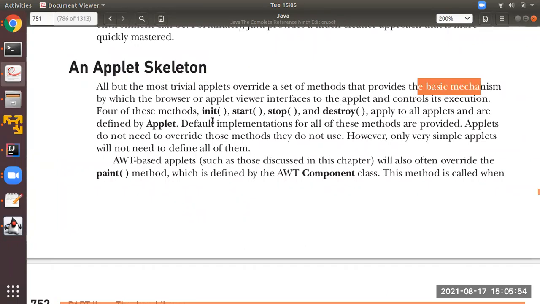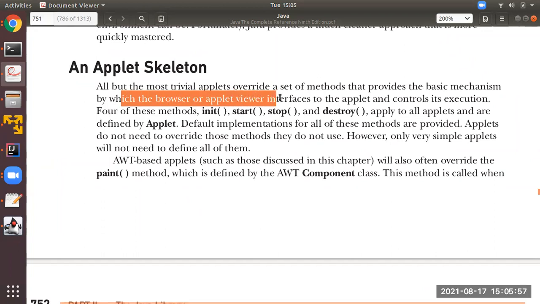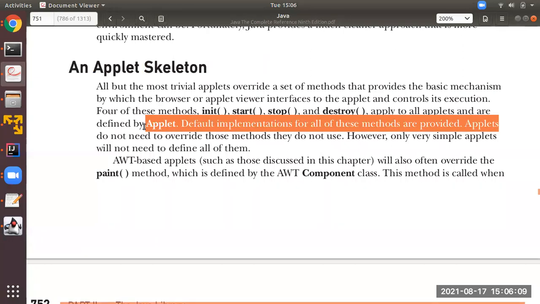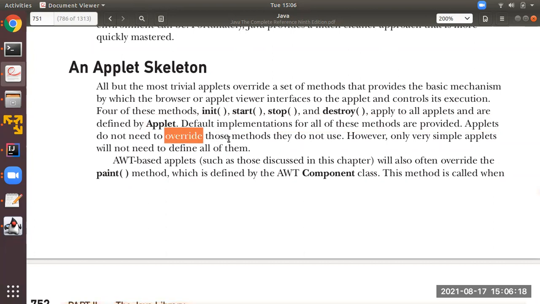See here, the basic mechanism by which the browser or applet viewer interfaces to the Java applet and controls its execution. Four of these methods are init, that is initialization, start, stop, and destroy. These all apply to applets and are defined by applet only. Default implementations of all these methods are provided, so applets need not override these methods.